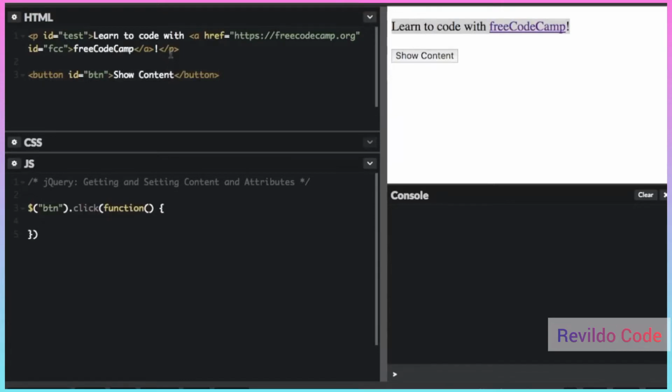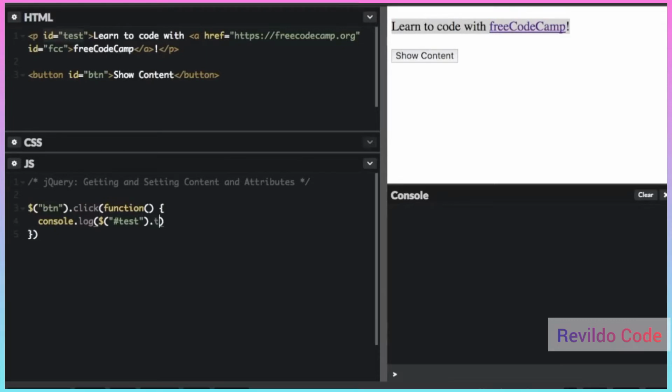So I'm going to use jQuery to select the text within this paragraph tag. So we see the ID is text, so I'm going to use a selector to get that. So I'm going to console.log the text. So I'm going to do console.log, and inside the console.log I'm going to do a jQuery command. So we're going to select the paragraph tag because it has an ID of test, and then I'm going to